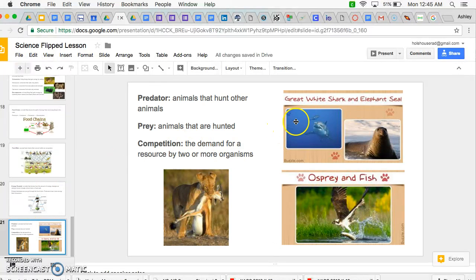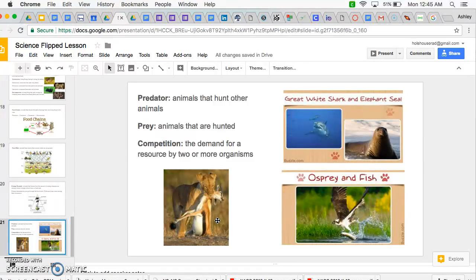So in this example, sharks eating the seals, osprey eating fish, and lions eating the antelope. They're predator and prey relationships. And what we also need to remember within this relationship that we will go over more, and what some of you have already done in Muddy Sneakers, is that when a food source decreases, so does the next layer. So does that predator's numbers as well. It will go down.